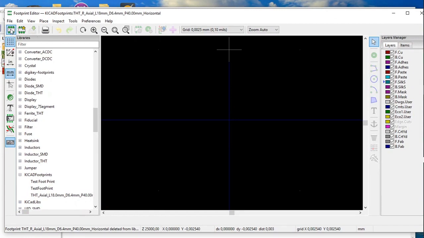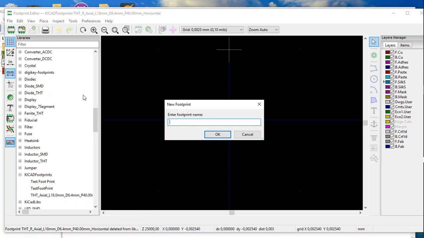It is this horizontal IC with the green legs, and we have to enter a name, and I've given mine THT, through-hole technology, R, axial, L, the body length, 18 millimeters,